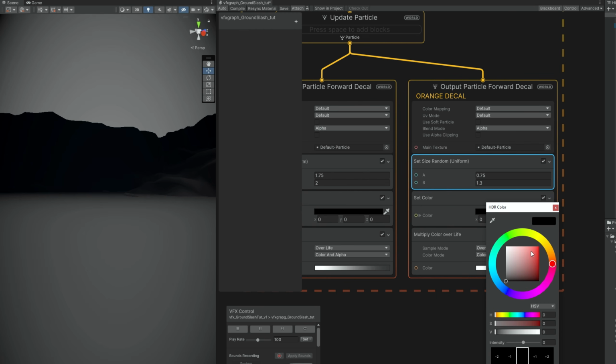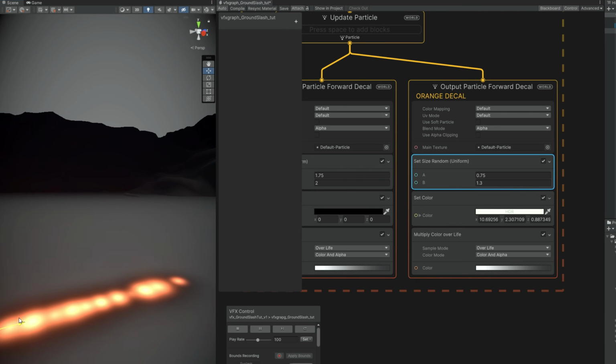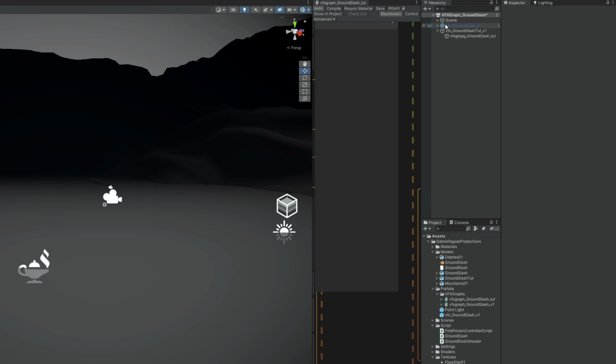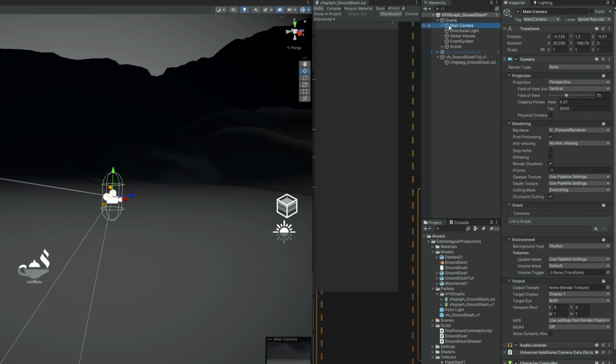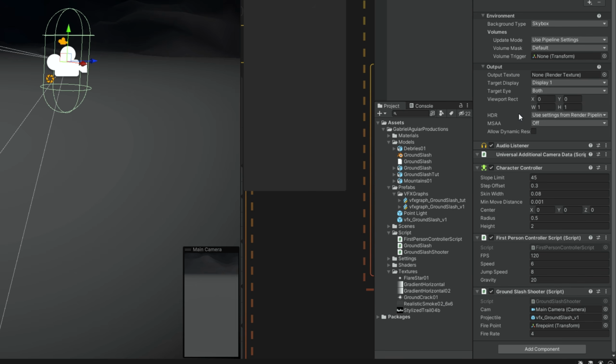And the color, you can choose an orange color, increase the intensity, it will look nice. And now here we go, we have an orange trail on the ground. Good. Let's see how we can use this in terms of code. Just so you can have an idea, I have in my scene a camera, and to this camera I have